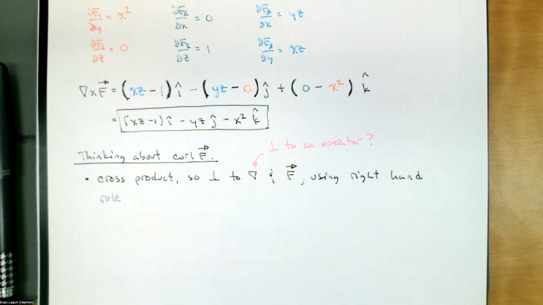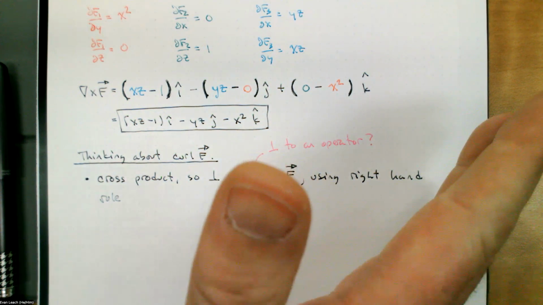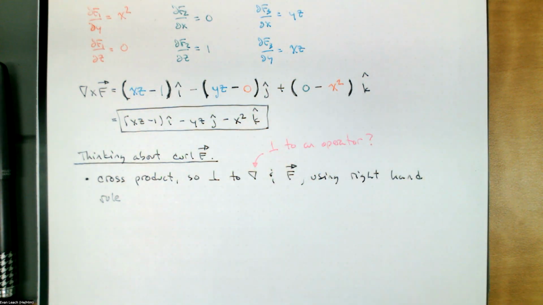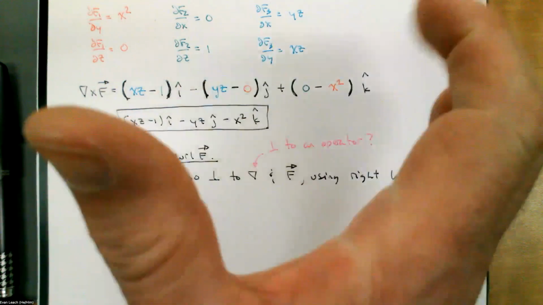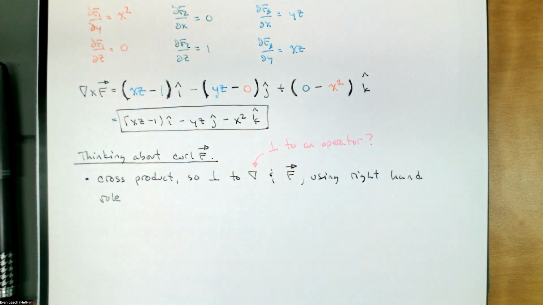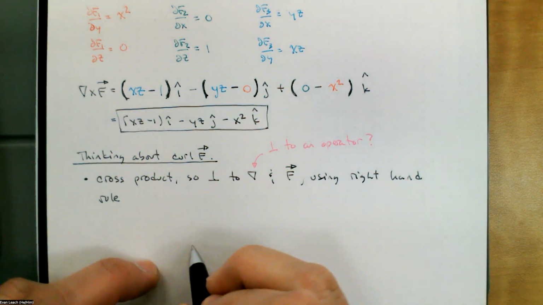It's still a cross product, so it's perpendicular to the two vectors and uses the right-hand rule. So we point our fingers in the direction of the first vector. So we point our fingers in the direction of the operator. Man, that's still weird. I still don't like it. And we curl our fingers towards the vector field. And our thumb will be pointing in the direction of the vector. We have to do it this way because if we change the order of the cross product, we get the opposite. So remember, the right-hand rule is if we've got two vectors,